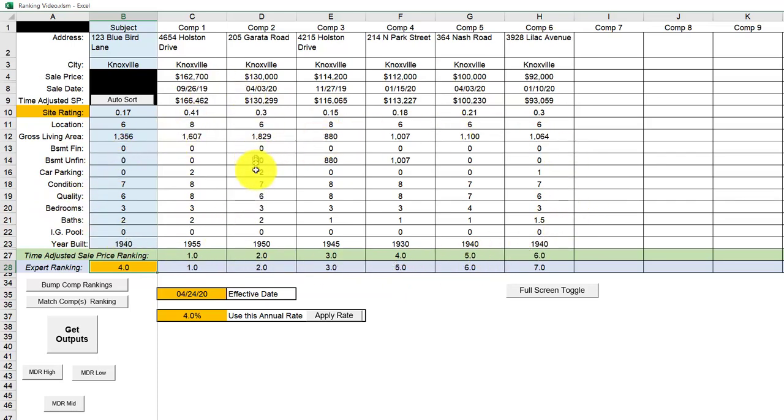Now let's say that a broker wanted to use this, a salesperson to get a listing, and maybe the listing person thinks, or the property owner thinks, their house is worth too much, and they say, wow, I want to get some numbers. They could actually come in and I have an application designed for that. I'm not going to pull it up and show it to you, but basically, they would just put part of this information in for each of the 6 sales and then rank the subject, hit a button, and it would give them an answer. Okay.